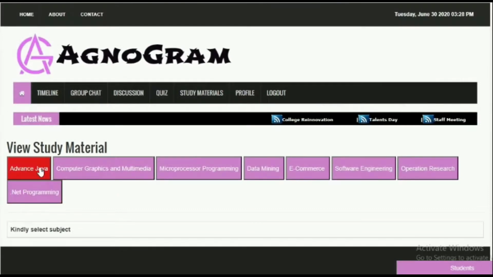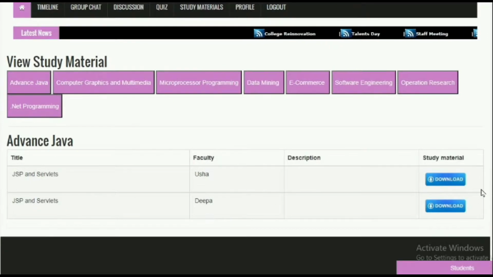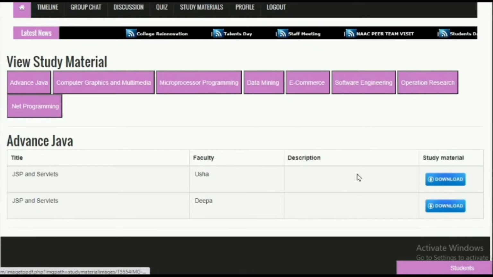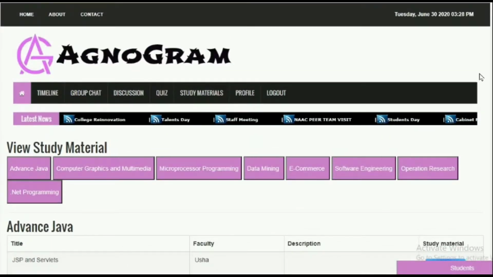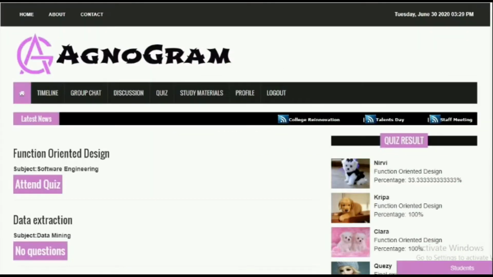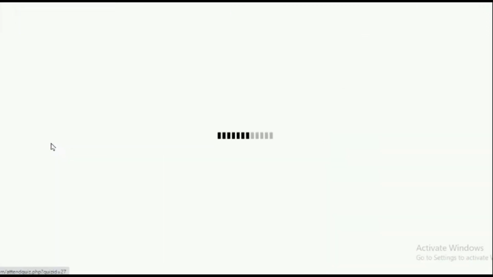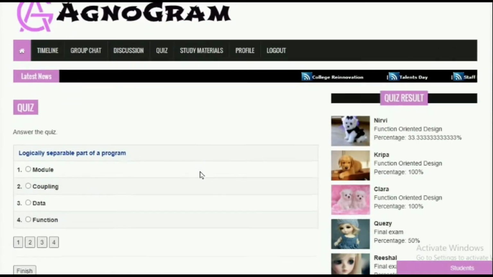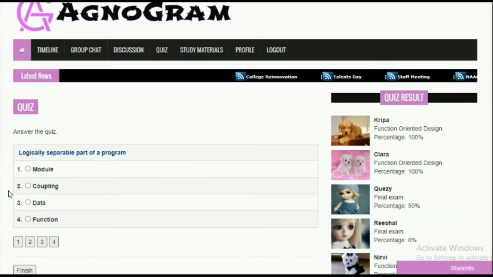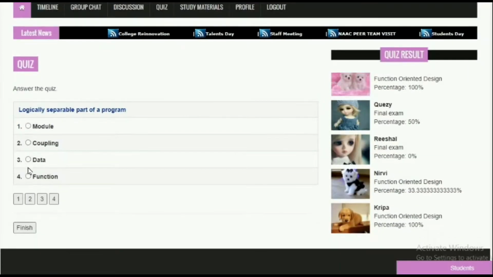Under study materials, students can download the study materials uploaded by various staffs. Under quiz, students can attend the quiz that is available, that is by selecting the options.